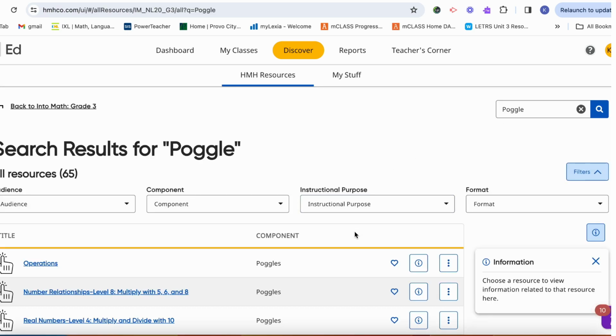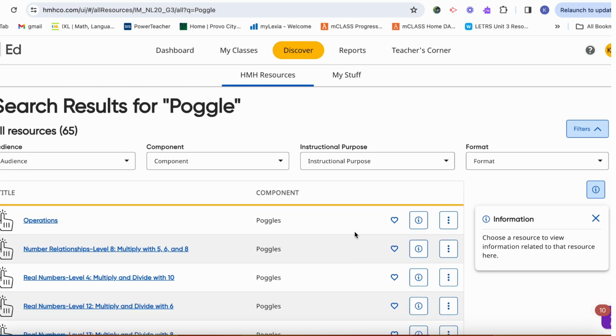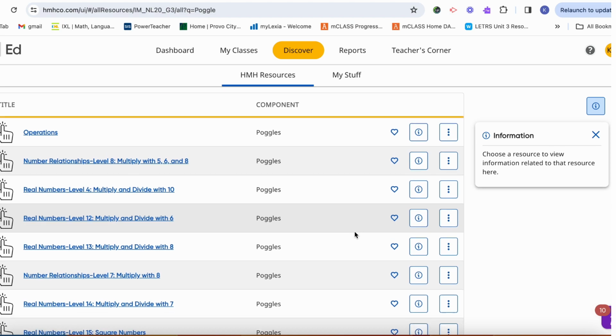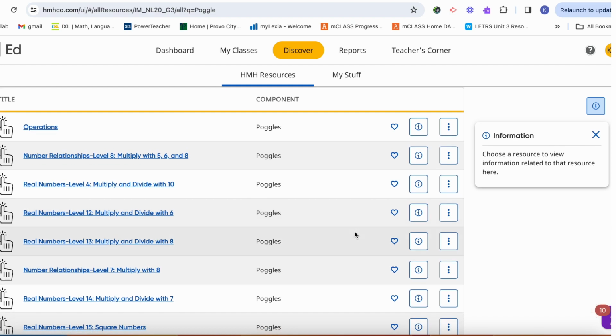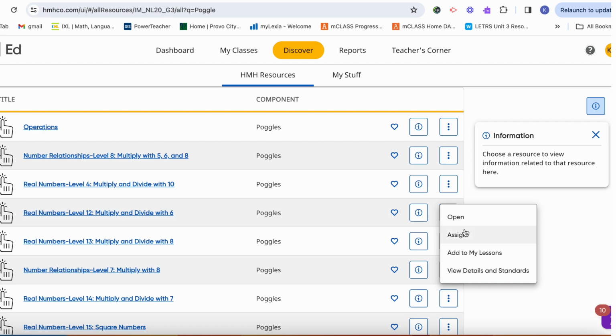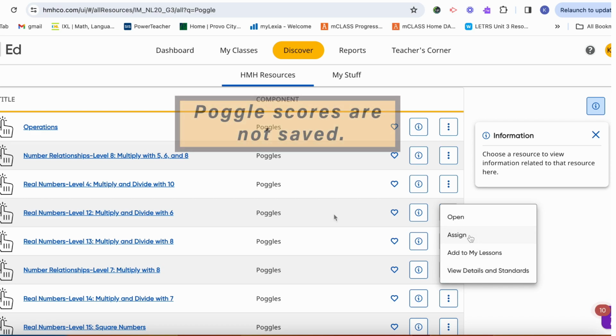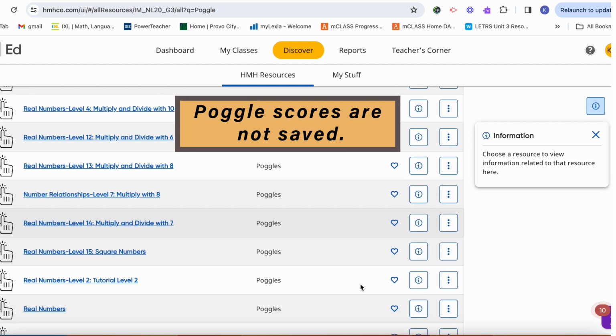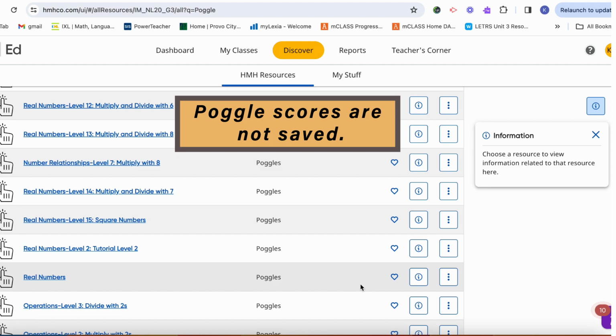These are great for the opportunity for review and to have the students practice. One of the things that you must consider when you are assigning a Poggle, and you will do it the exact same way, open, assign, add to your lessons, and they can get to their end. But if they log out of a Poggle, it doesn't save the information. It's just that nice fluency practice for many of the things, or it is a spiral review where you can prepare